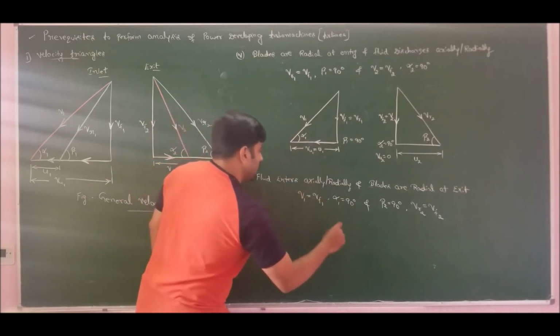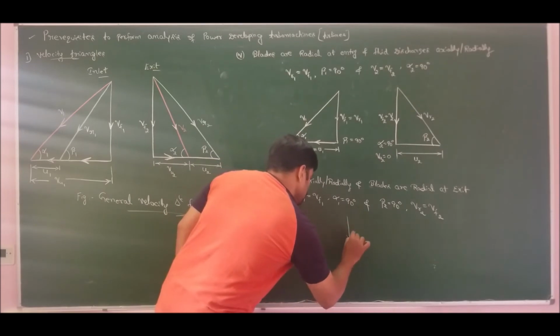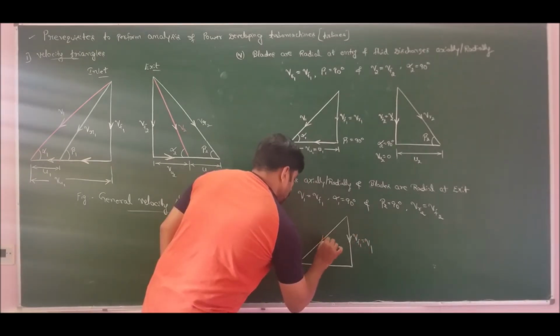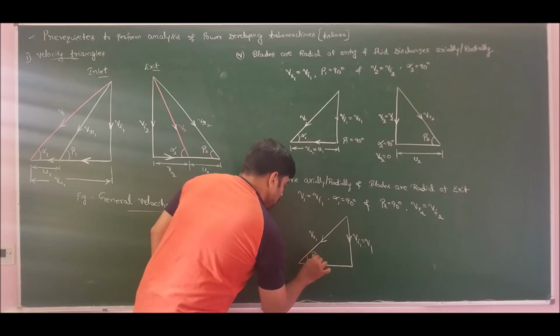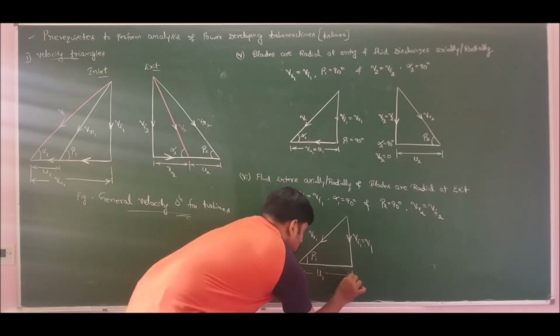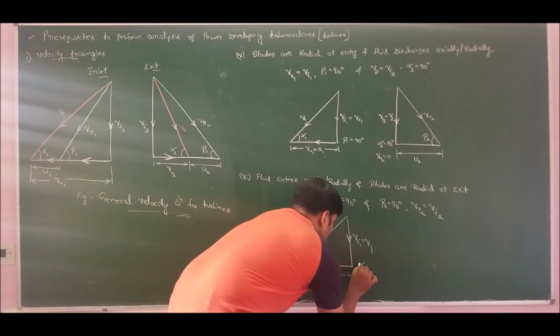So therefore, if I draw the velocity triangle, I will get the velocity triangle as, we have Vf1, which is equal to V1, we have left out VR1, we will get beta 1, left out with only U1, because there is no distance between V1 and Vf1 horizontally. So here we have alpha 1 as 90 degrees and Vu1 is equal to 0.